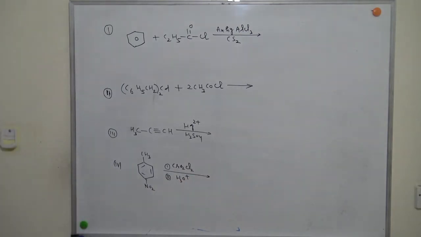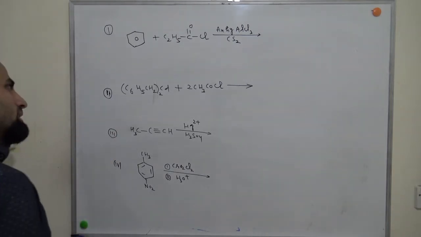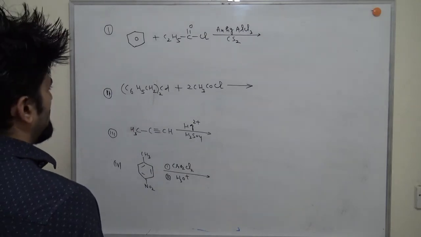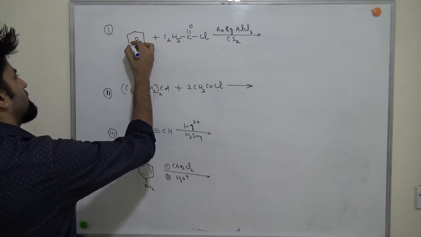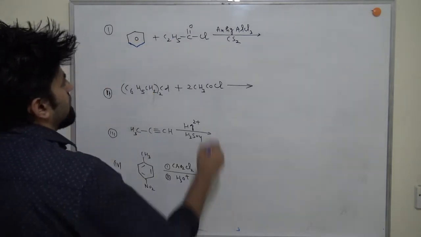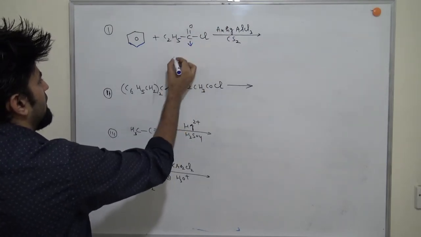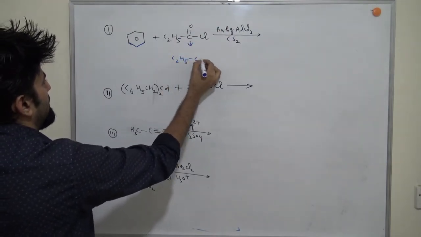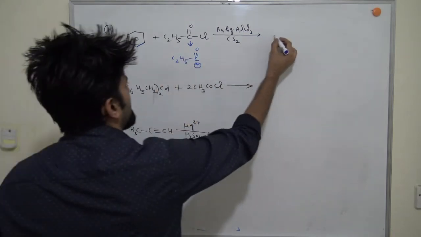Okay, yes, so let's start. Basically, only the type of questions we have discussed are there. Whenever I see benzene and anhydrous AlCl3, this reaction seems like Friedel-Crafts acylation. This is a Lewis acid, it will take Cl out and generate this kind of electrophile. I told you this is how we will do this, right? Now this electrophile will directly attach to the benzene ring.